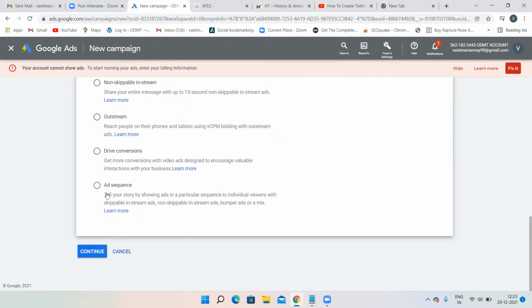Let's assume at 9 o'clock, the what is digital marketing ad is appearing. Then at 10 o'clock, the how digital marketing is useful ad will appear. Then at 11 o'clock, again, what are the courses in digital marketing, that ad will appear. Then at 12 o'clock or any other time, after learning digital marketing, what are the career goals and all. This kind of stories you have to create. That means you have to create 4 to 5 ads and you have to set them in a sequence. So which kind of companies go for ad sequences? Very big companies, they only go for an ad sequence. So you're just telling the story to a user in the format of advertisement. That is known as ad sequence.